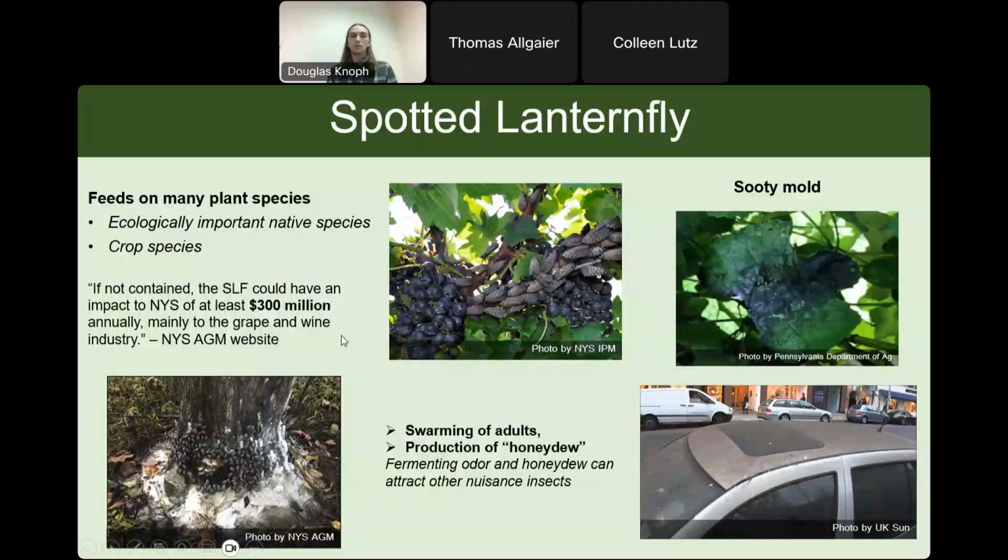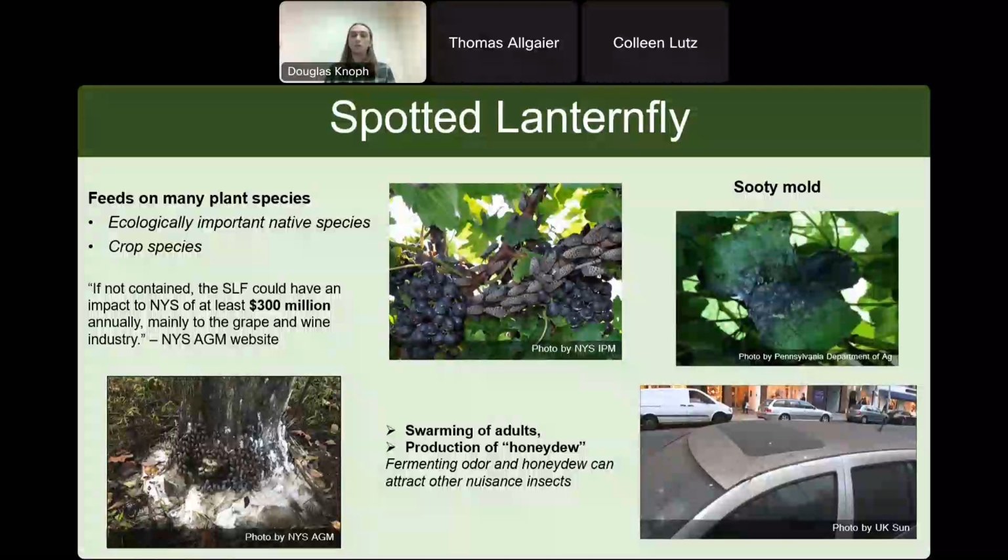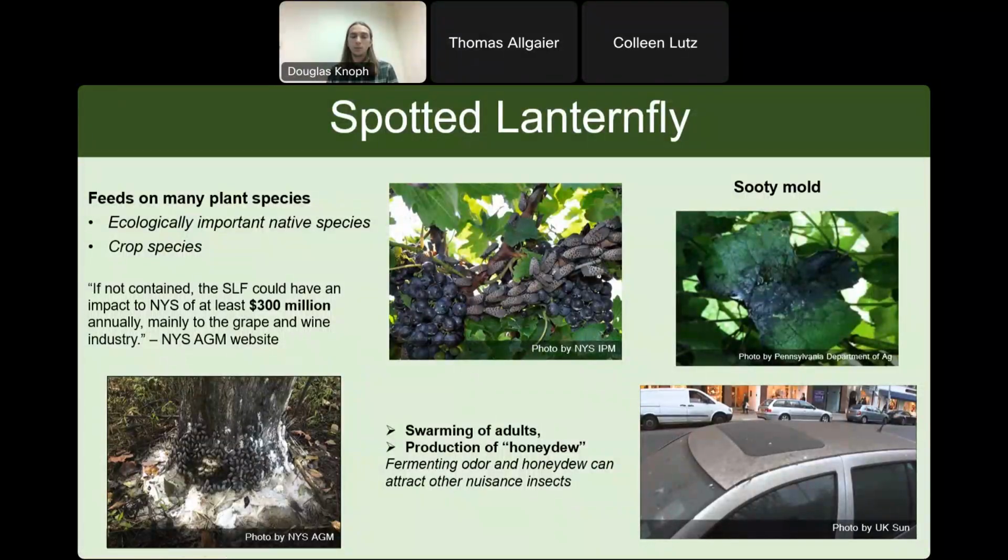There's also high potential for damage to residential areas, in urban, suburban, and rural parts of the state. This is a species that can really affect all parts of the state.